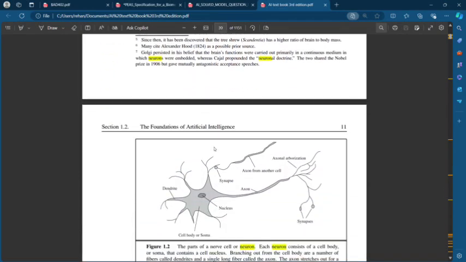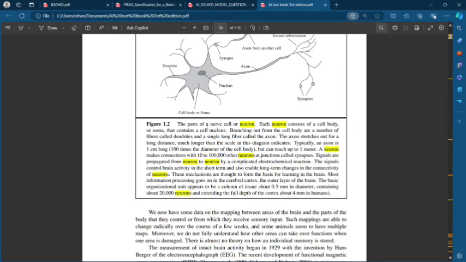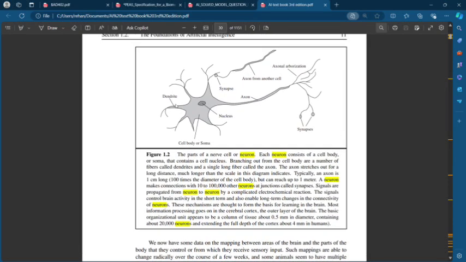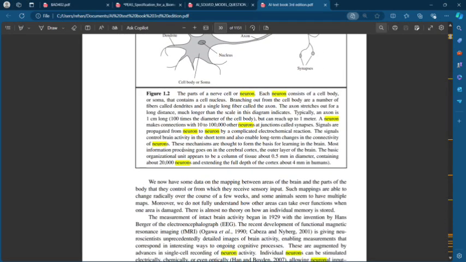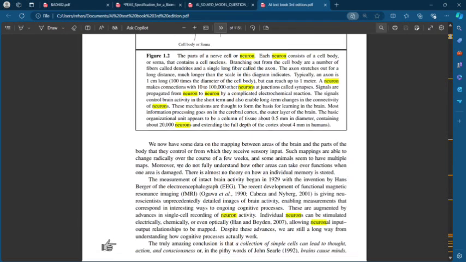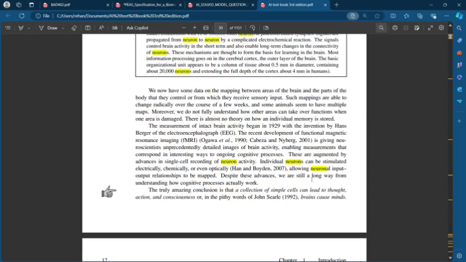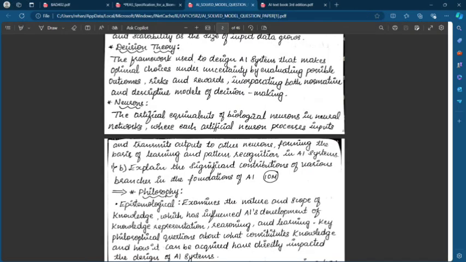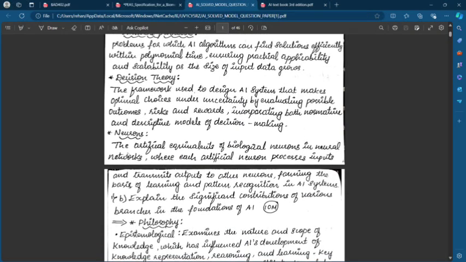Okay, so usually they have shown the neuron. This is the dendrite, or we just say the structure of a neuron. Here it's nothing but some device whose neural activity is... So I think this is an easy and good definition: the artificial equivalence of a biological neuron is neural networks, where each artificial neuron processes inputs and transmits outputs to other